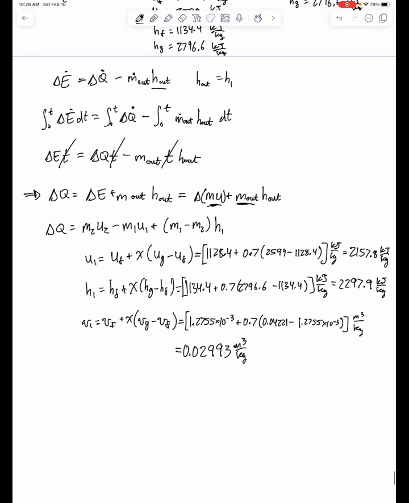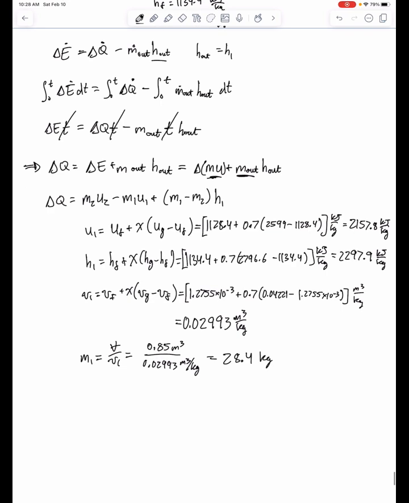As mentioned previously, that's how we obtain our mass terms. So mass 1 is volume divided by specific volume. If I remember correctly, it should have been 0.5 divided by what we saw earlier, giving us 28.4 kilograms. So from this amount, we then drop to our second state,